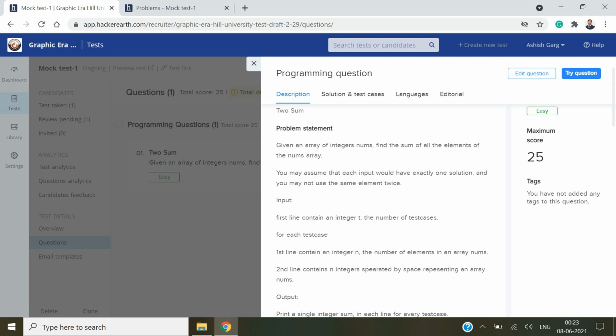When companies come, they use these kinds of portals, HackerEarth, HackerRank, and this is required. I will probably be uploading this video on YouTube, and you can watch this video multiple times. If you have any problems, you can comment in the below section and ask your doubts. Probably I can answer a few of them, and do coding, solve problems on LeetCode, HackerRank on a daily basis, learn programming skills, learn some basic ideas.